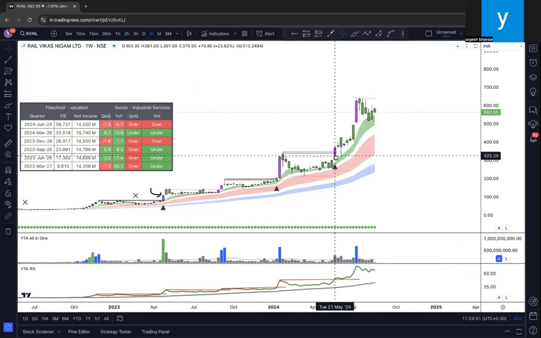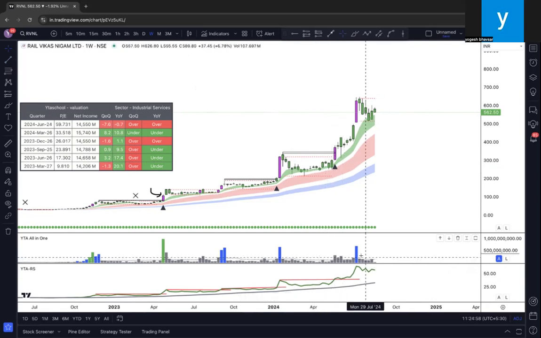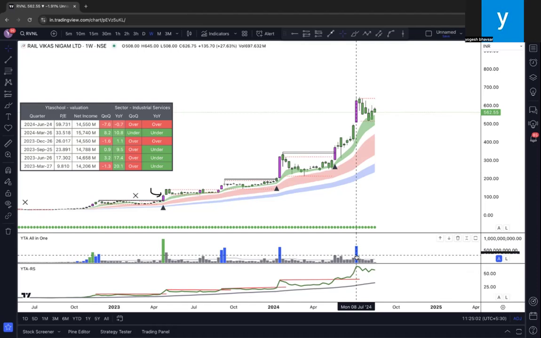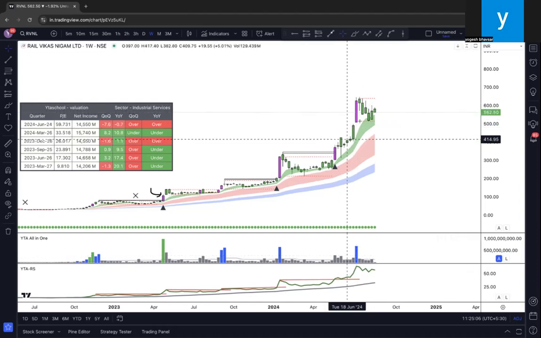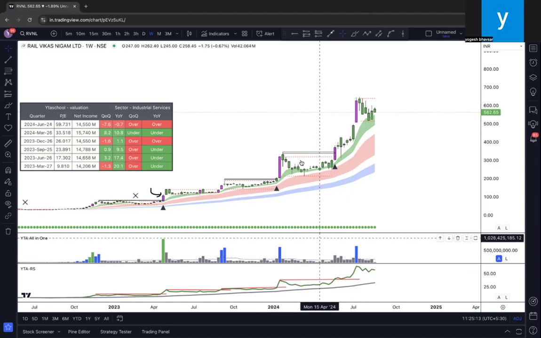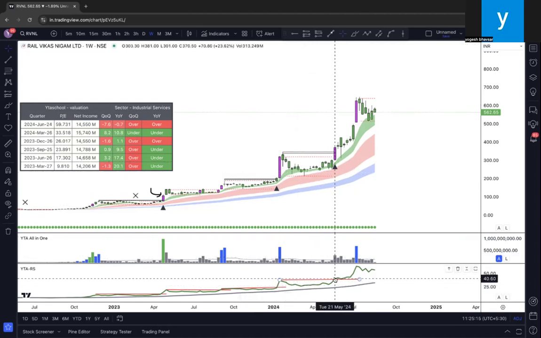There was no volume support, but this trend went above the previous high. Now, over here, it is up to you whether you want to risk, because in the previous 5, 6 candles or 3, 4 candles, there is no blue green volume. But later on it came, and it was a very huge volume. So I'm not saying this volume came and you should have bought somewhere here. No, you could have avoided buying over here.